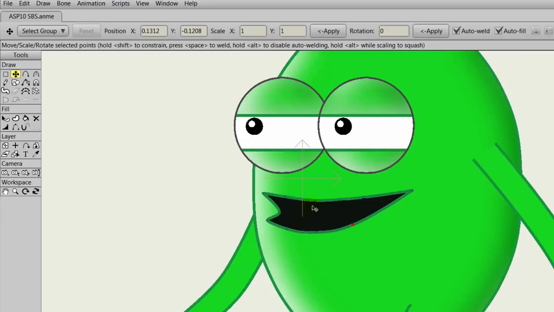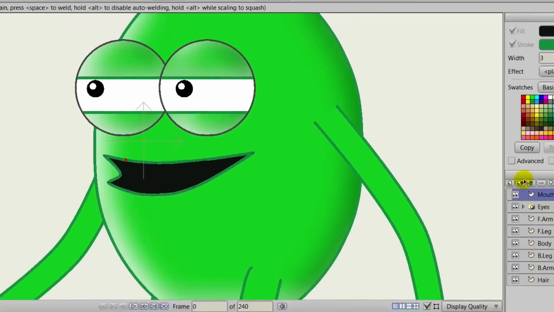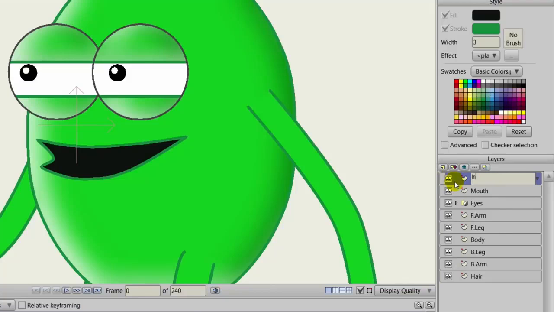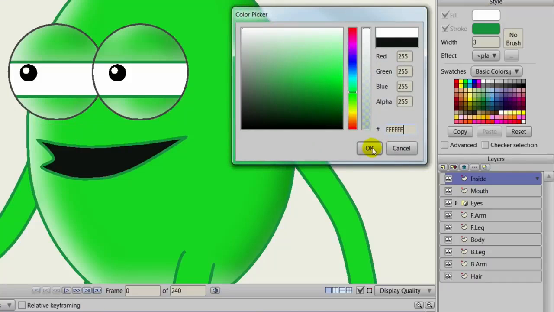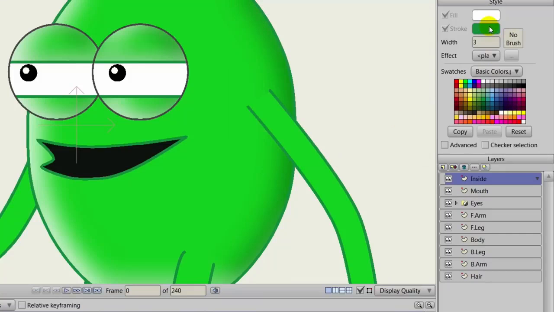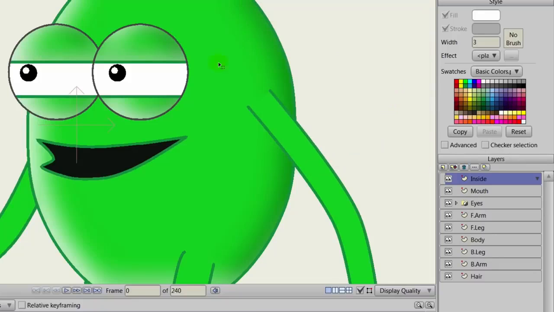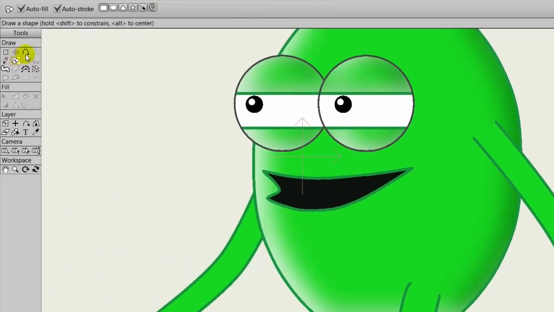So once you have shaped your mouth the way you want it, we can come over here, make a new vector, and now we're going to name this one inside. This will be all the inside assets for the mouth. So we can come up here to the fill color, choose white, click OK. For the stroke, we can do a light gray, hit OK. And we'll take the create shape tool,